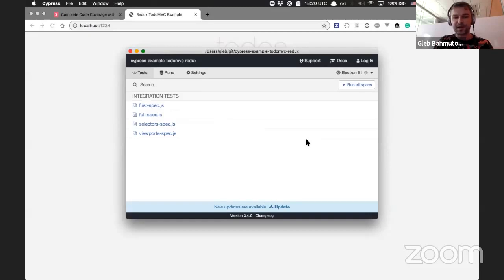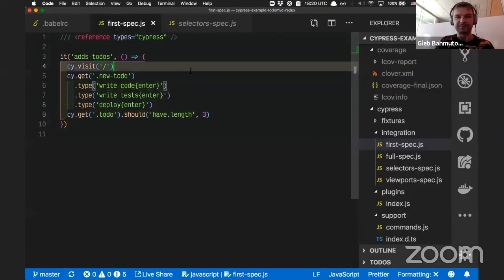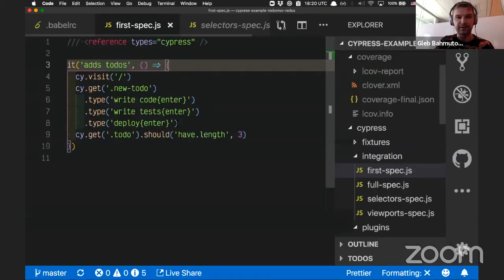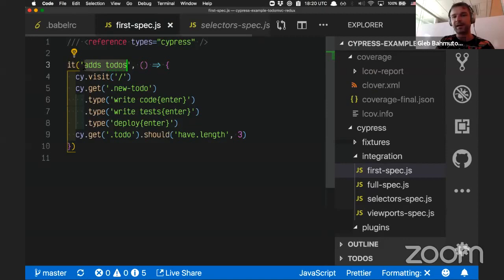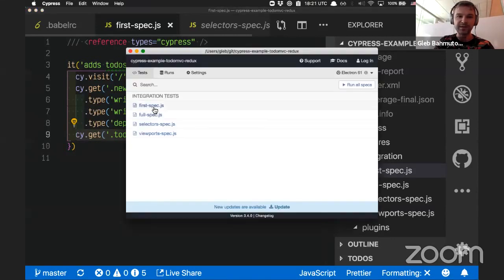Let me switch to Cypress. So I have the Cypress test right here. Right? I hope everyone can see it. So this test just checks if I can add to-dos. I'm going to visit the page. It's a local page. I'm going to find the input box with class new-todo, and I'm going to type three to-dos, and then I'm going to check if there really are three to-dos. When I run this test,